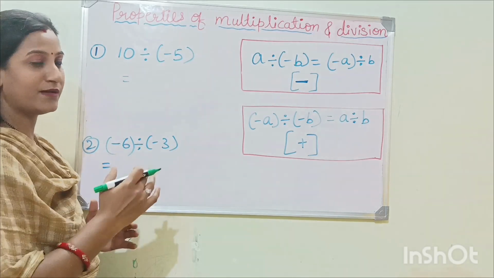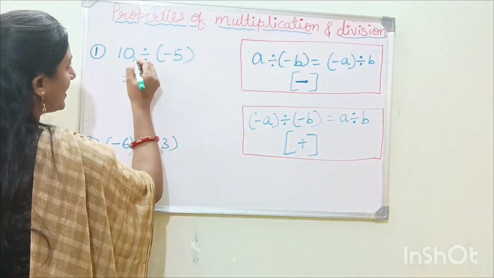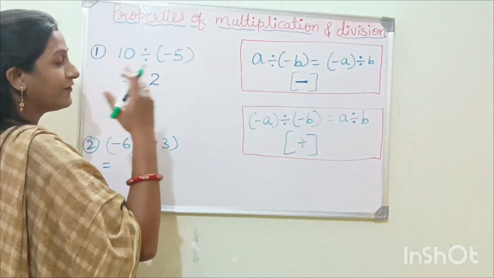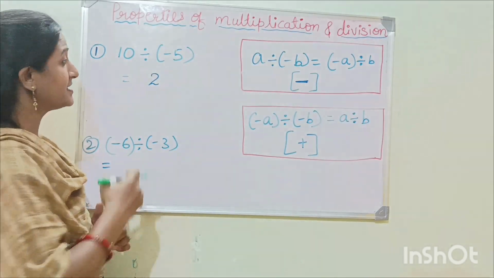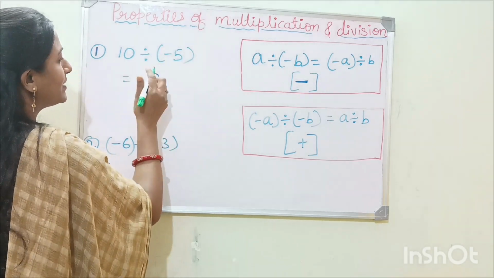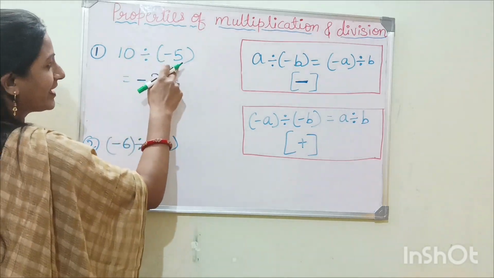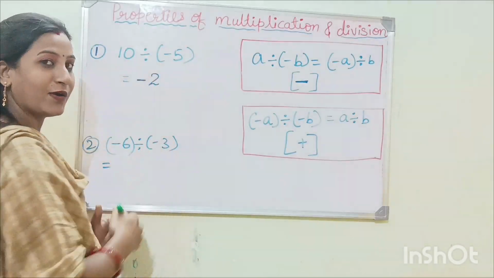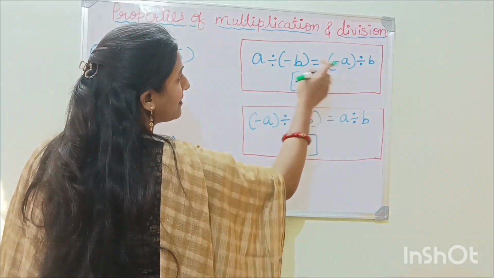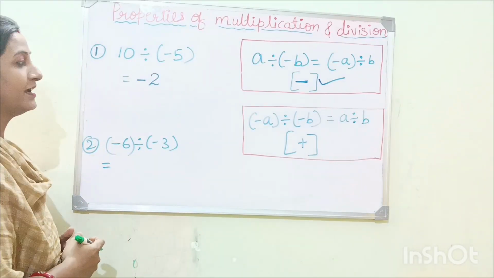How you are dividing whole numbers, you have to divide first like that. So 10 divided by 5. So 5 twos are 10. So quotient is 2. And in this, if you are finding any of integer is negative, from these two, one is what? Negative integer. So you have to assign minus sign. Suppose we have minus 10 and 5 is what? Plus. So you have to assign minus. So that a divided by minus b or minus a divided by b, you have to assign minus in quotient.